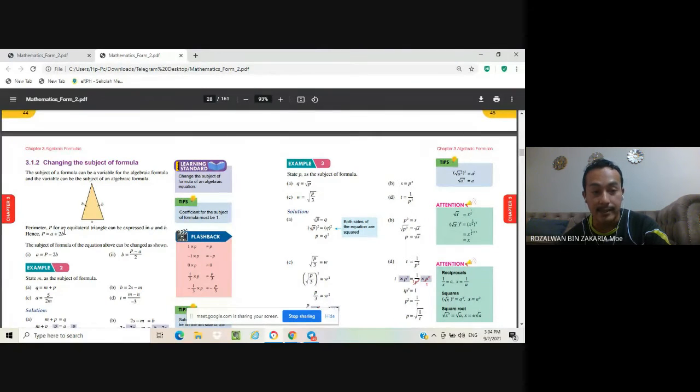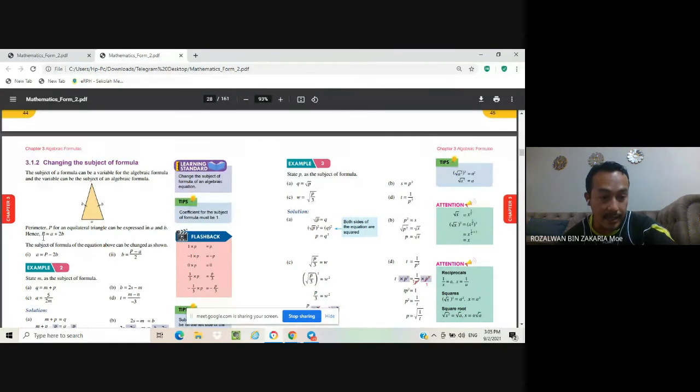In mathematics, we can cancel something by using subtraction, addition, and also multiplication, for the term that you want to cancel. Let's say this one is positive 2b. To cancel this one, that means on your right side you have to minus 2b. Okay, this one is A plus 2b, then you put here minus 2b. So when on your right side you put minus 2b, your left side also you need to put minus 2b.